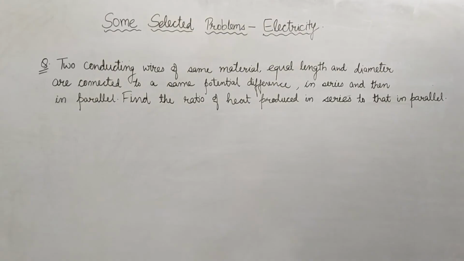Next question that I have chosen is also a very common problem which is faced by maximum number of students. This is also an NCERT question, and this is given in the form of a multiple choice question in NCERT. The question goes like this: there are 2 conducting wires of same material, equal length and equal diameter. Both are identical in a sense. It means that both should have same resistance.